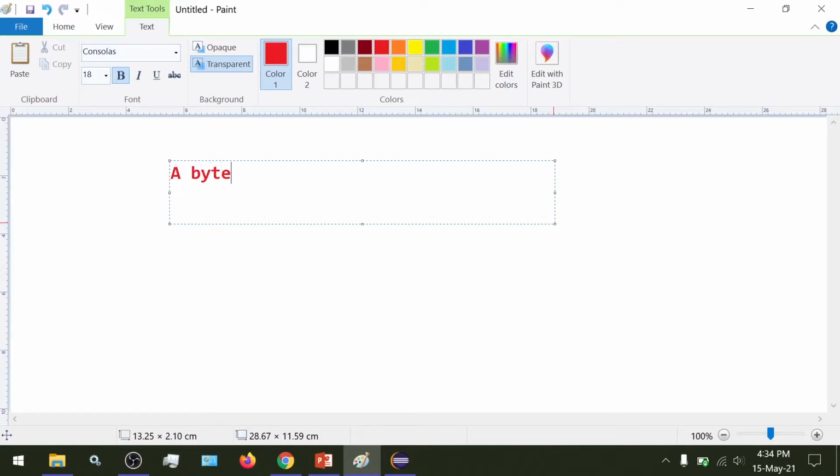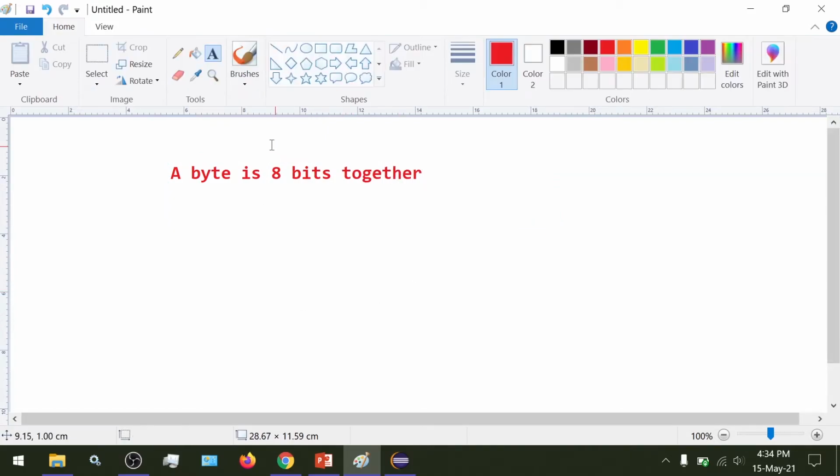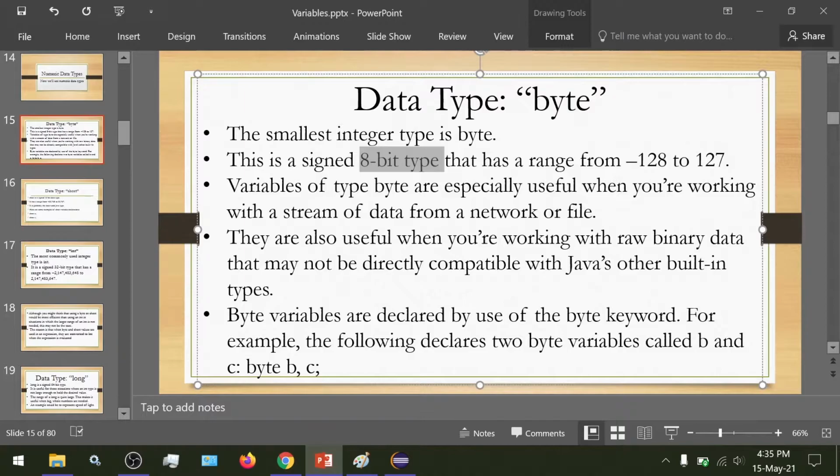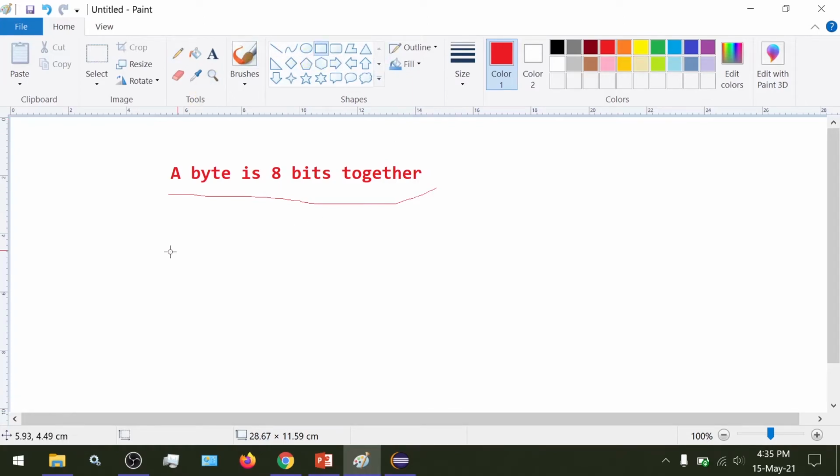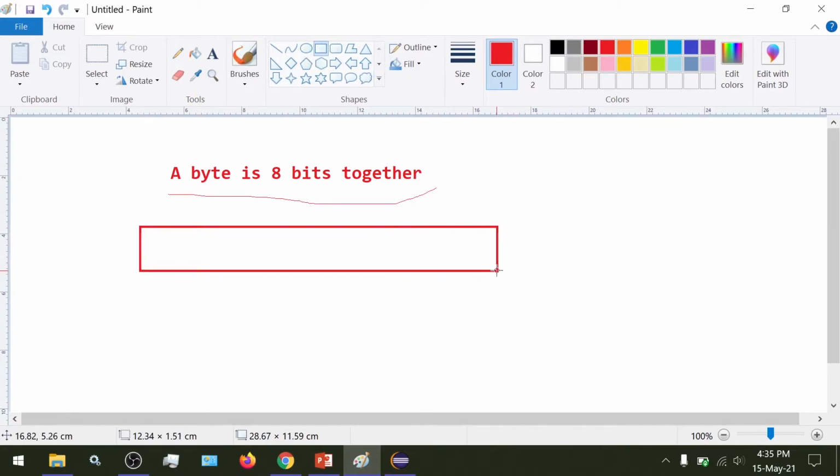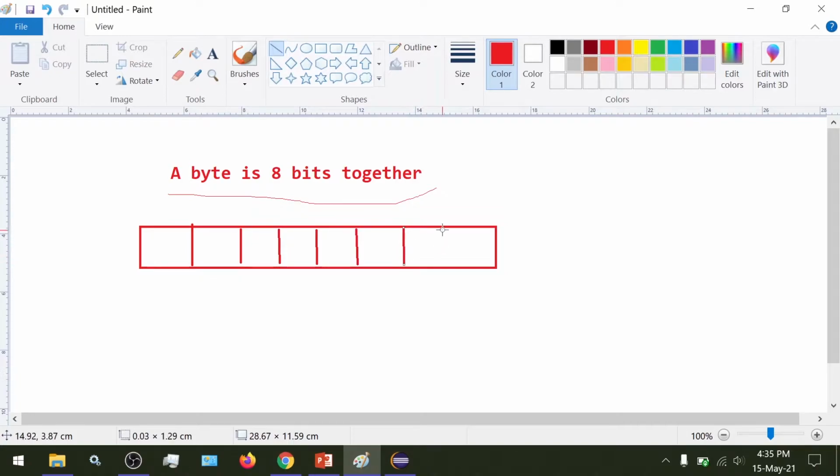A byte is 8 bits together. So we have byte as a representation of numeric data. Just as I said, any number gets converted into a sequence of zeros and ones.